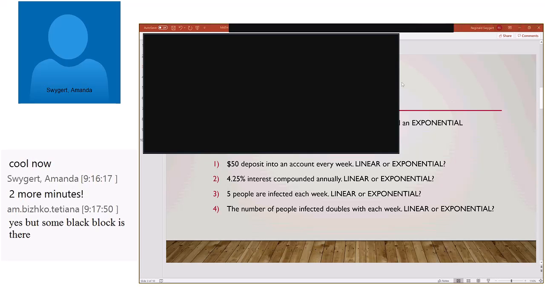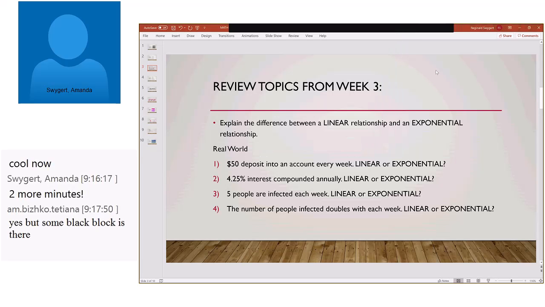So I'm going to go back to this here in a sec, and I'm going to keep my video off just for now because, again, I feel like that lag is a little bit worse if I keep the video on. All right, so the difference between the linear and the exponential. I do want to try to hear from one of you if you can try to explain, or you can put it in the conversation bar if you'd like. Any volunteers try to explain?